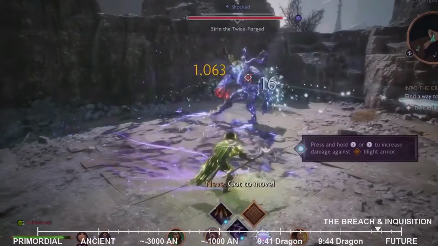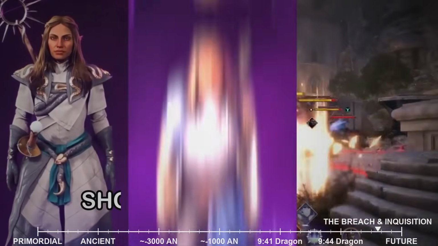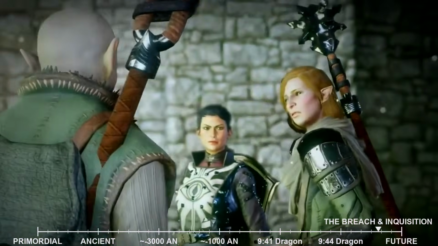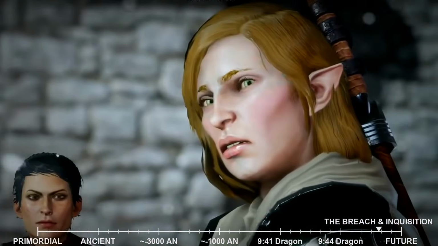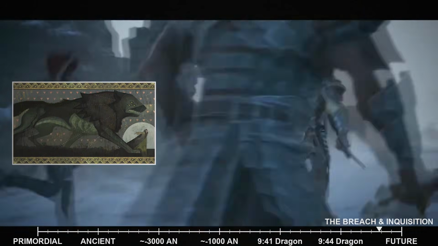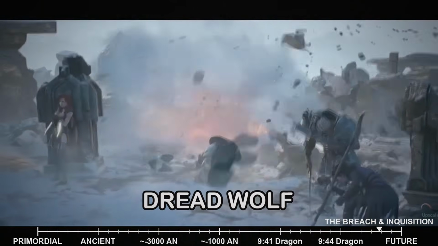As the War Council concludes and the Inquisitor grapples with their decision and their deteriorating health, a shocking revelation shatters the fragile peace. Solus, the enigmatic elven apostate and trusted advisor, reveals his true identity. He is not merely an ancient elven mage, but Herald, the Dreadwolf, one of the most powerful and feared figures in elven mythology, a trickster god.